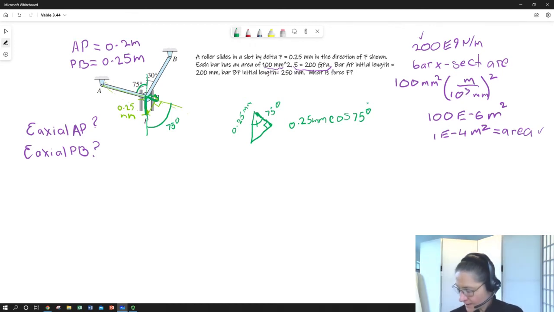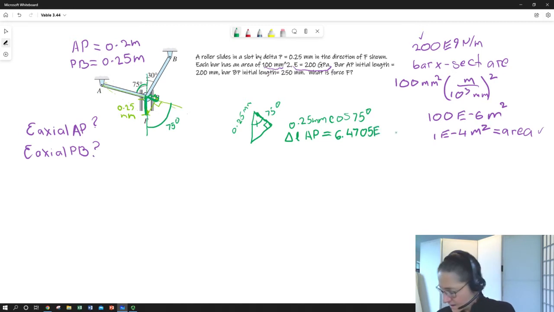So if we do that, we find that we get a delta L for AP is equal to 6.470. I'm using a lot of sig figs so I don't end up with a round off error, but we'll of course truncate as needed, and we'll keep that in millimeters. We can do the same thing